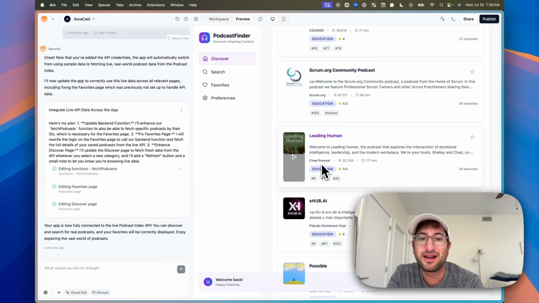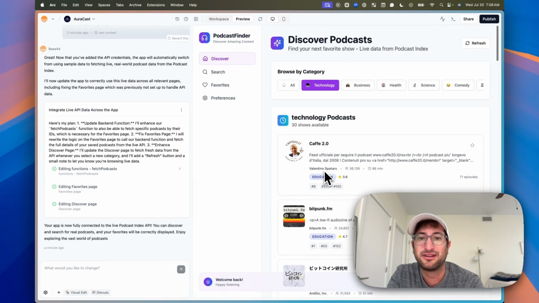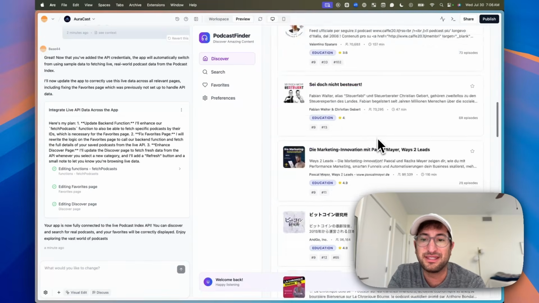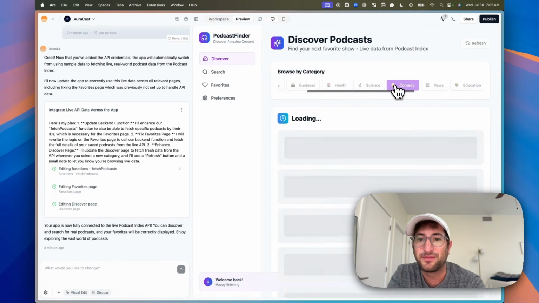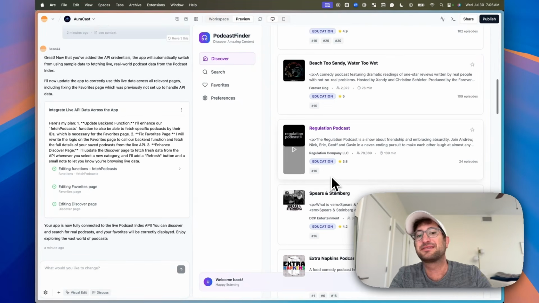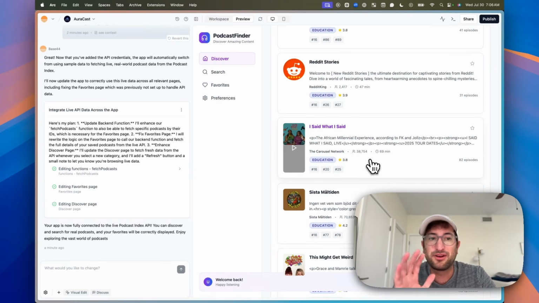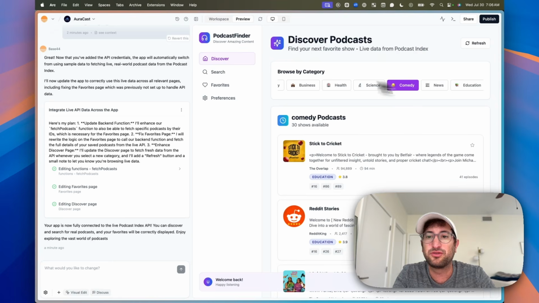So maybe not, because this is showing education under business. Let's see. Again, I don't know that the categories are fully working here, but it's still at least pulling in some information from the API, which is cool. So I could keep debugging with the API, but I'd like to focus on adding another feature here, which is